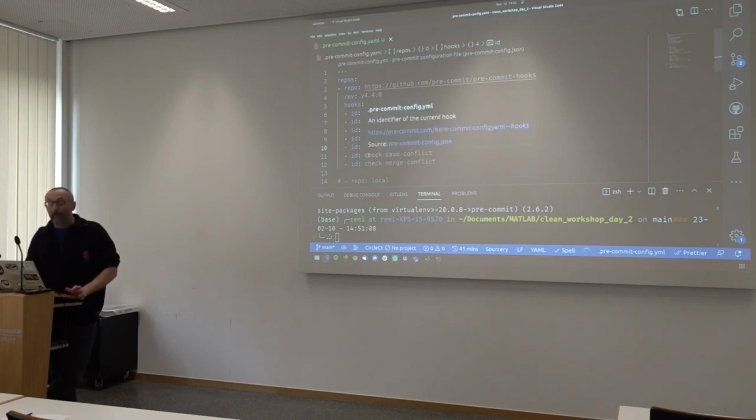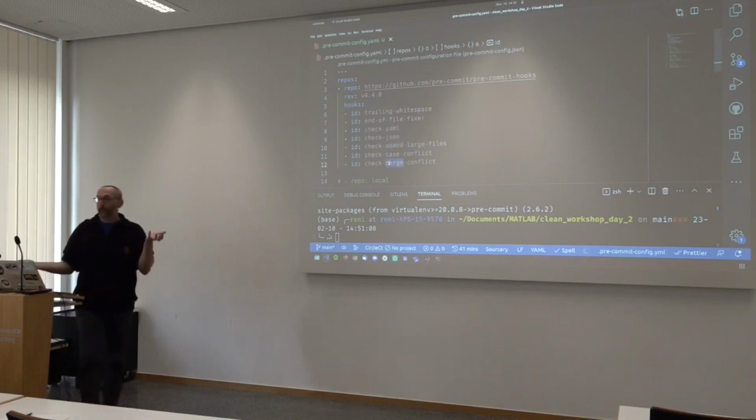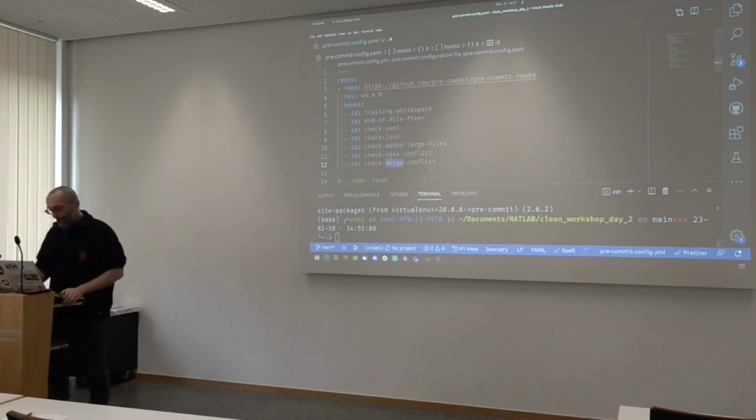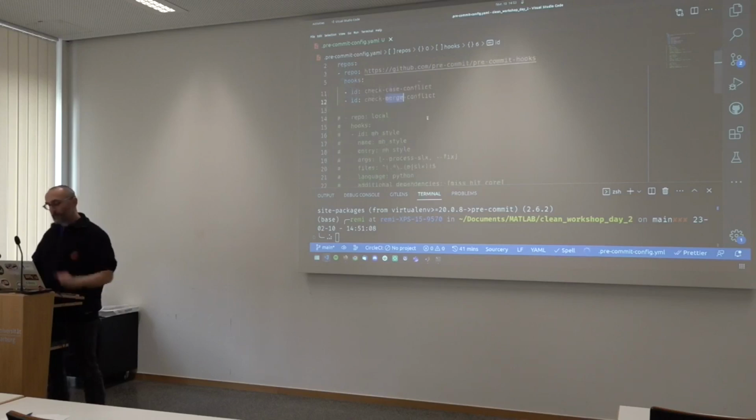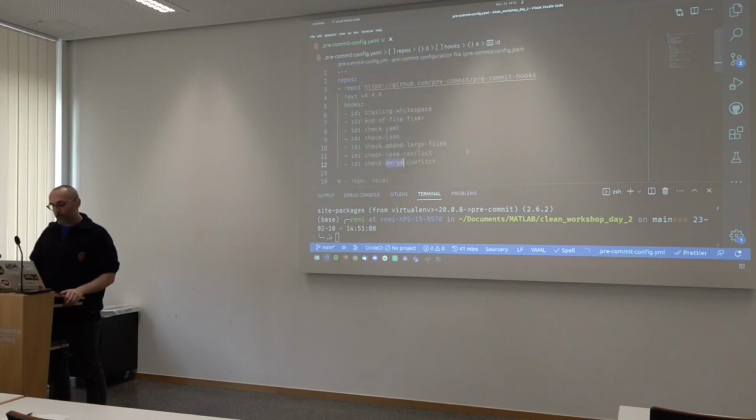It will detect automatically if you have a case conflict, meaning that you have files that differ just by the case in the file name, I think. Merge conflicts: if you have any Git merge conflict in any of your files, it will be like, oops, I'm not going to let you commit this. So these are some examples of things it can do. I think I'm just going to start with those, and then I'm going to show you how you can also use it with mishit.